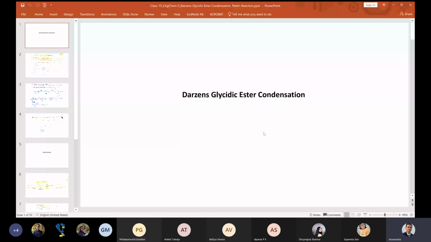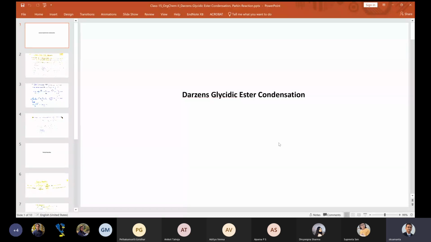Okay. So in the last class, we have mainly seen the ester condensation, that is called Claisen ester condensation. We take the ethyl ester, or maybe any other ester, of, let's say, acetic acid. So we take ethyl acetate, and then we add a base. What is that base? That is basically the same one from which the ester was formed, that is OEt minus. Then you get the same aldol type of attack, but in this case you get a beta keto ester. And then we saw there are 3 equilibria that exist.